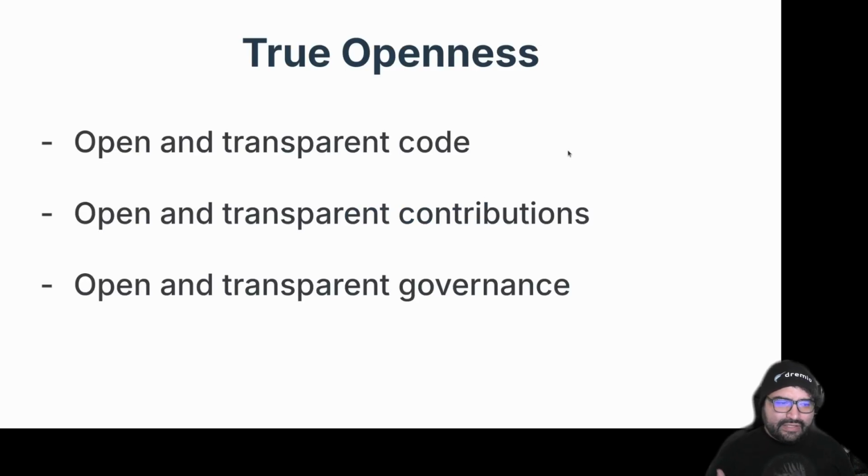Now, just because something is, let's say, open source doesn't necessarily always make it open. I mean, that's the first step, to have the code transparently available so people can see what the code is and understand what they're working with, or even self-manage instances of an application or a tool. But also it's being able to have an open and transparent contribution system where there's not just one institution that controls or steers an open source project, but it's community run.